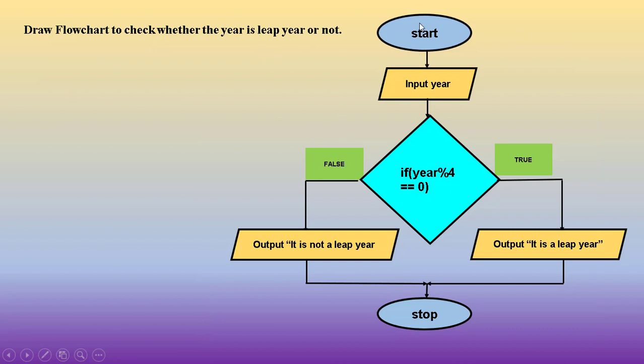Here you can see a flow chart. Start, input. We give the input as 2020. It is 2020 modulus 4. If the remainder is 0, 0 is equal to 0, the condition is true. It will print it is a leap year. For example, 2019. In that case, you won't get the remainder as 0. Then the condition becomes false and it will output it is not a leap year. So it will execute either, based on this condition.